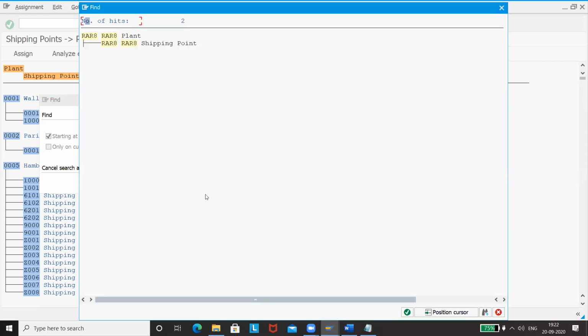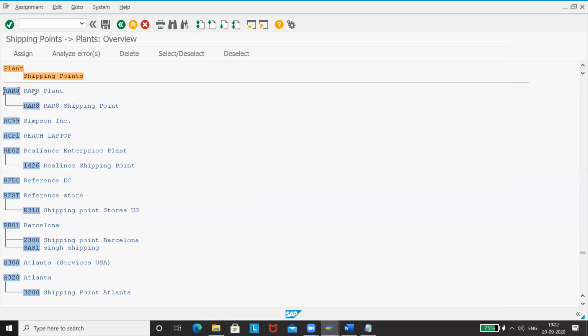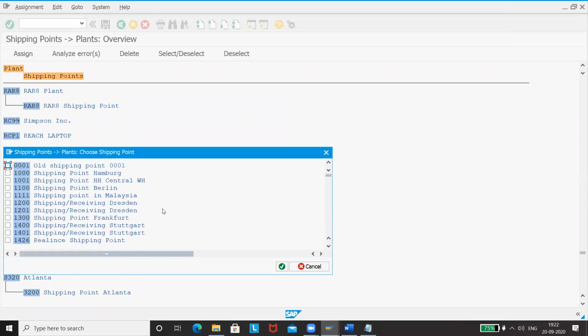R8. Our plant is R8. You have to click on this one. Once you click on this one, you have to click on FN. You have to now look for your shipping point here. Your shipping point RA3, so it will be,